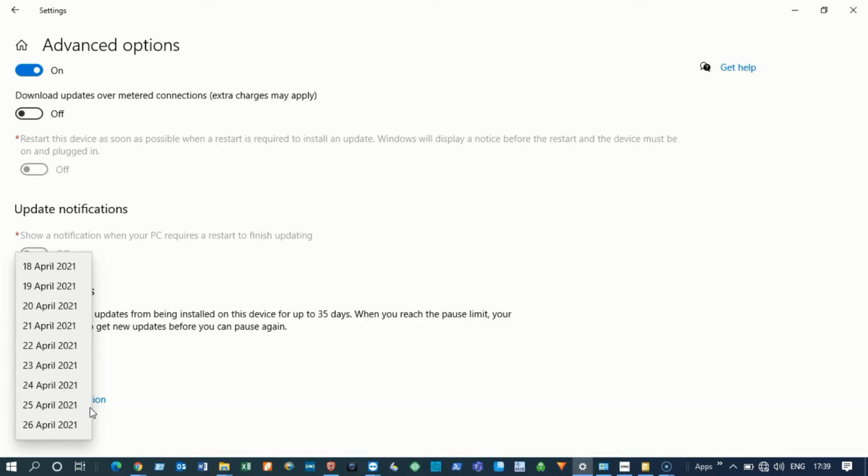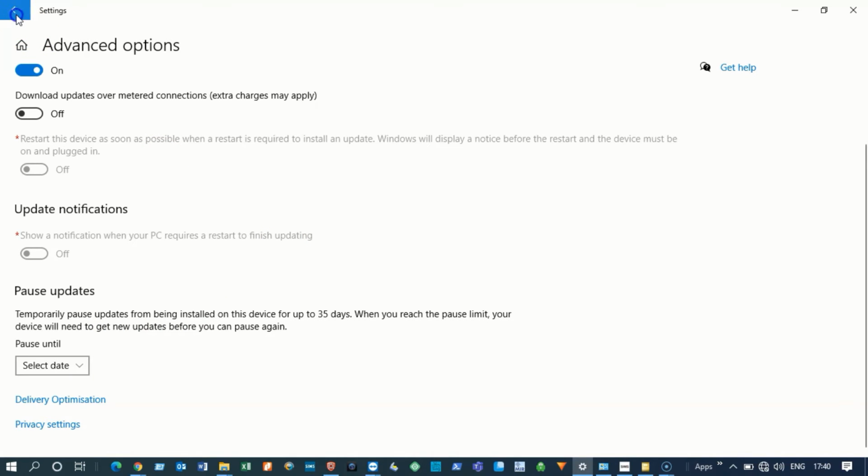What this means is that if it's inconvenient for you to do updates, you can pause them for up to 35 days. For example, if you were going on leave for a month, during that month you might want to put the updates on hold. When you resume your updates, you will then have to run through them before you can pause them for another 35 days. Okay, and then if I go back into the Windows Update client,